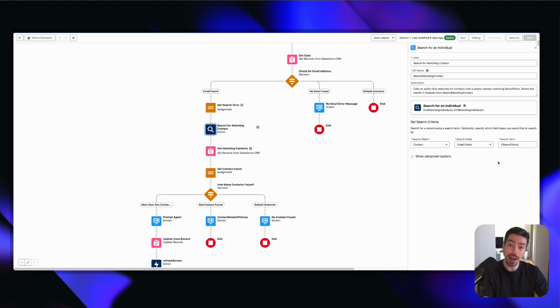And then the value for that, or in other words, the search term, is going to be the value within our variable that we set in the previous element. And that's pretty much all we do here. It's a very easy to use action. We're essentially saying, look, I want you to search this object, this field for this value, and then show me